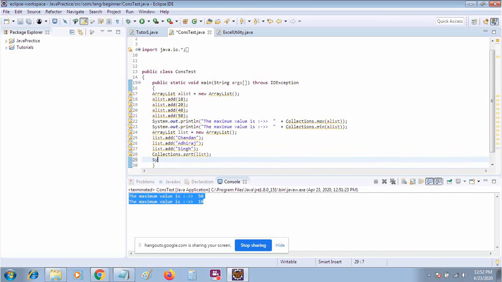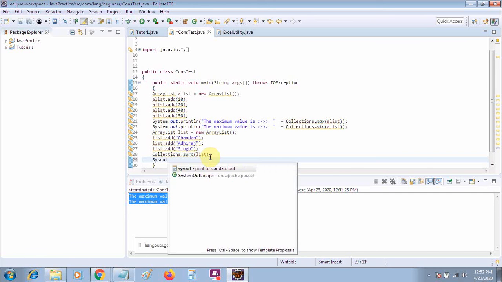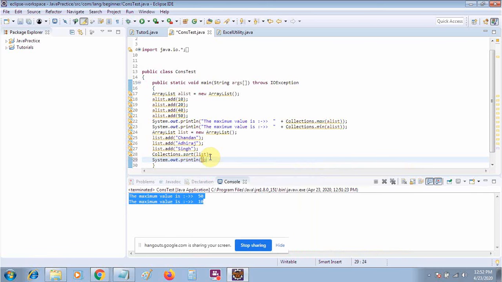So you will say System.out, control space, and just say sorted list is. Now you can print your list. You can see that as per the alphabet your list will be sorted like this: A, then C, then S.